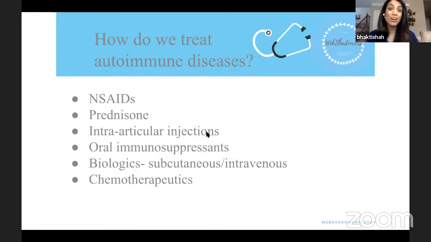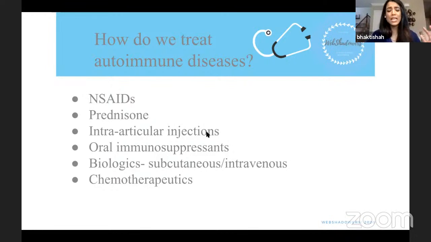So we use these to treat autoimmune diseases. Sometimes we need to even use biologics, which can either be subcutaneous or intravenous. And again, these are a lot of the things you hear about on TV that have been coming out: Cosentyx, Stelara, Taltz, Humira. These are all examples of biologics. A biologic is a medication that mimics a biological part of our immune system. So there are several small cytokines. If you've been following along on my Instagram page, I will do posts talking about our adaptive immunity, innate immunity, talking about these various different parts of our immune system that these medications can treat.